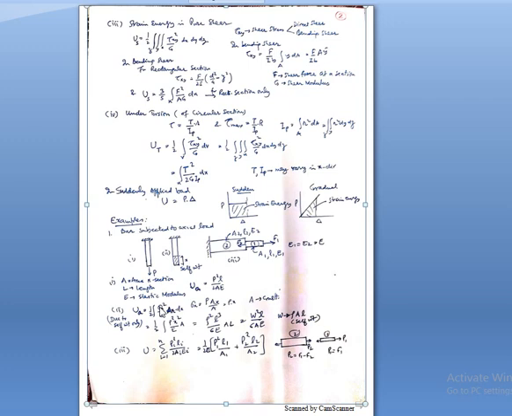So either we can write the equation in terms of force, or we can write it in terms of stress, because sigma is nothing but force upon area. Along length x, we have assumed the length of the member in the x direction. Therefore this total strain energy will be nothing but the integral of sigma square over 2E into A dx. After substituting the value you can find the answer like this.